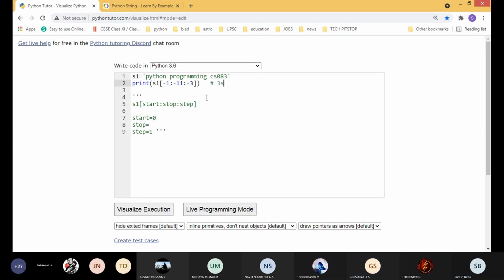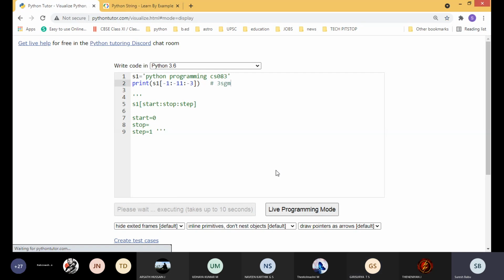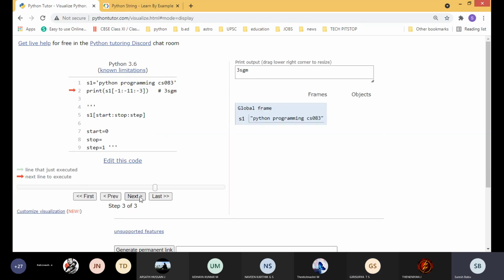G, M. That's it, sir. That's all. Okay, we will check the output. So it is showing from the last character and the output is 3SGM. Okay, very good. 3SGM. The same output is displayed.